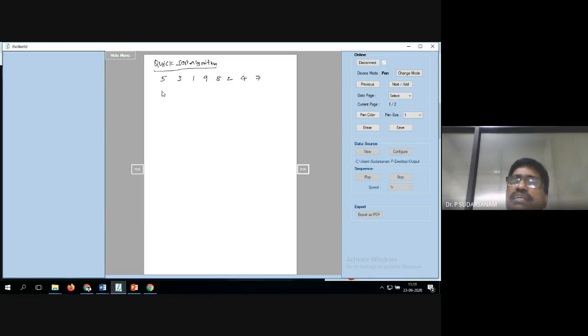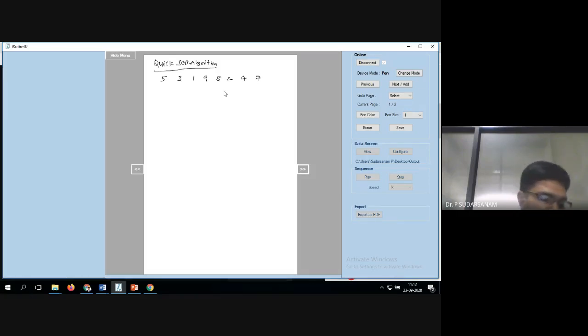But here exactly two parts will not come. Elements less than the pivot come before it, then the pivot, then all elements greater than the pivot come after it. That is one partition. Once you make the partitions, then repeatedly do the same for sorting.